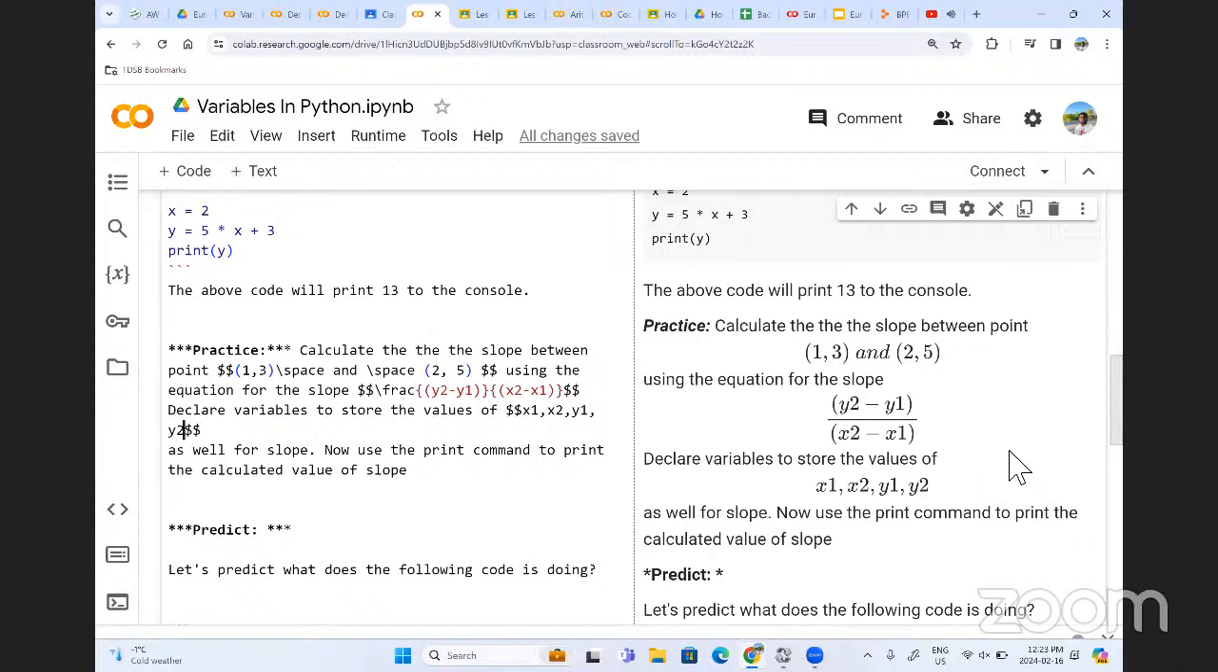x2 equals 2, y1 equals 3, y2 equals 5. And say m equals, now, equals 5. And next, m slope equals